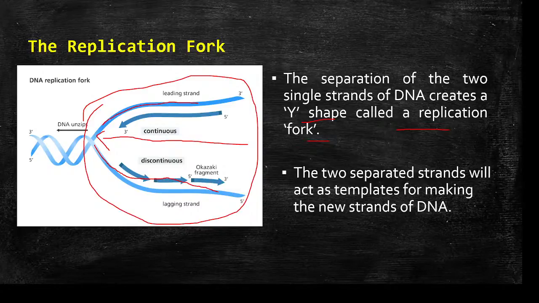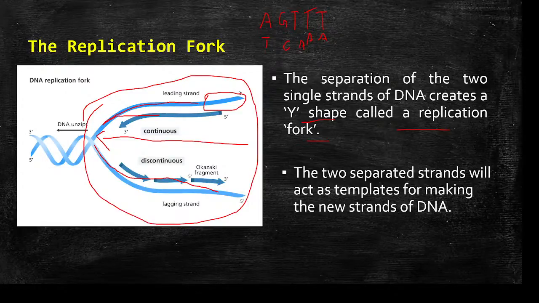For example, if we take a small part, if this is the parent strand and it has a sequence of adenine, guanine, thymine, thymine, thymine, then during replication its complementary bases should be added as an offspring strand. For adenine, it is thymine. For guanine, it is cytosine. Then again, adenine should come, and again adenine, and again adenine. In this manner, the offspring strand, or new strand, is built and linked to this strand.